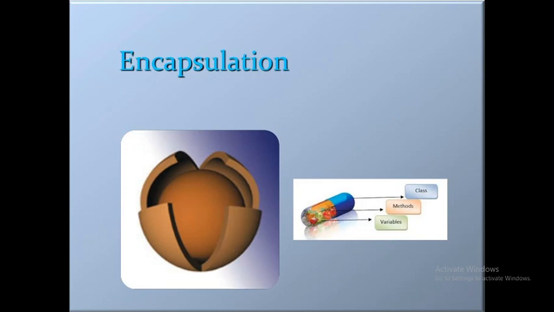When I'm talking about data encapsulation, everybody must have heard the term capsule. So what is this capsule? The capsule is nothing but the outer covering we have, and inside that we have certain medicine. And why are we putting that outside covering on the medicine? Because that particular medicine should not be exposed directly to the outside, right? And that is the reason why we put that outside coating, in order to protect, in order to prevent, in order to secure the content inside that particular capsule.